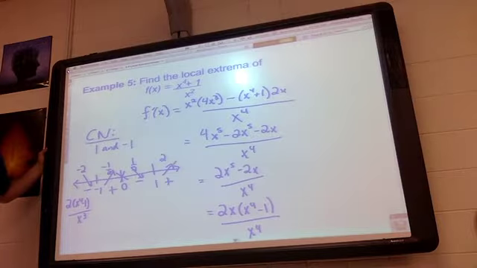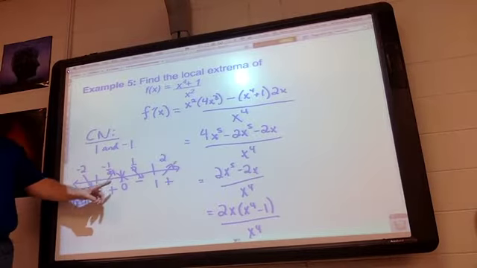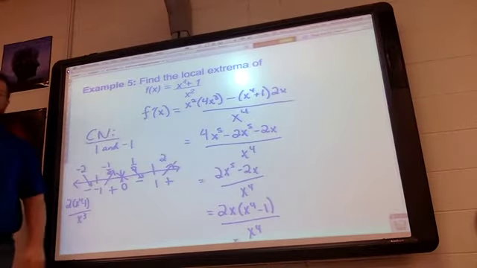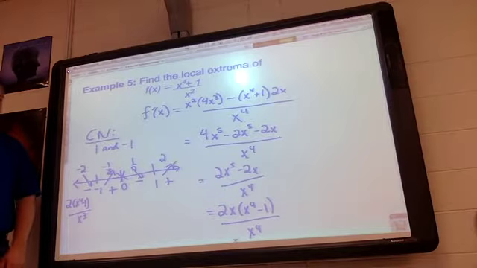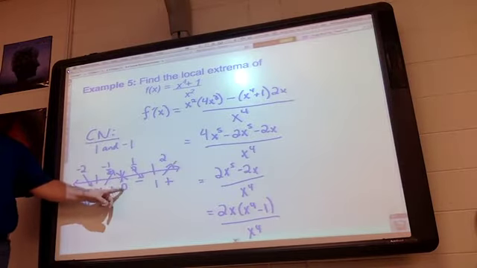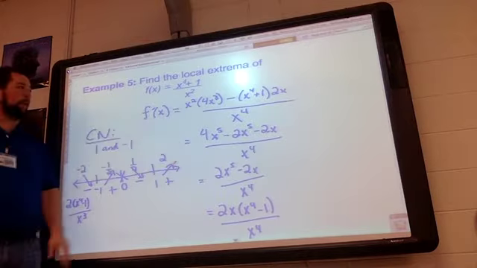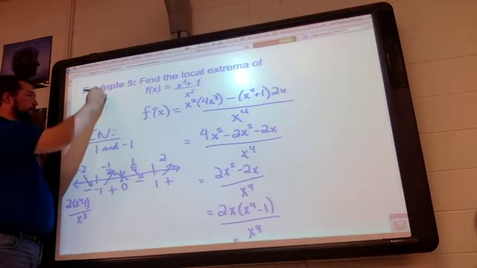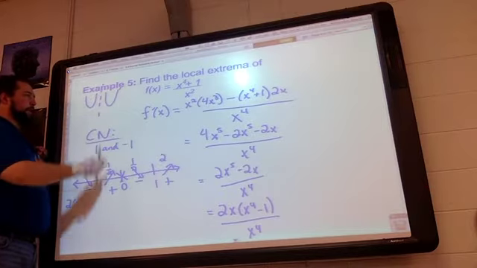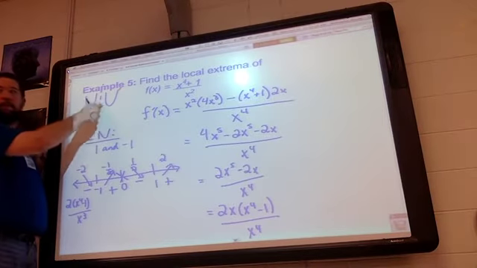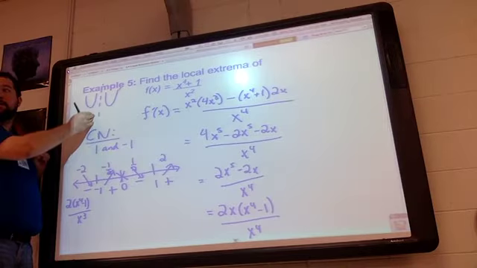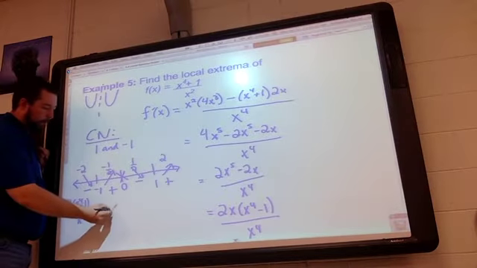All right, to finish this problem up, do we have local minimums? Yes, at -1 and at 1. Do we have a local max? Wait, no. It went from positive to negative, but there was undefined there. If you plug a 0 in here, it's undefined. What that graph actually looks like is this. It goes from positive to negative, but there's an asymptote there, so there's no local max. So we got local mins